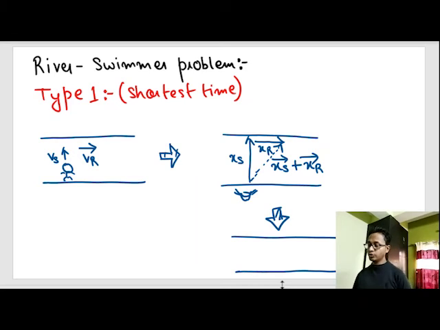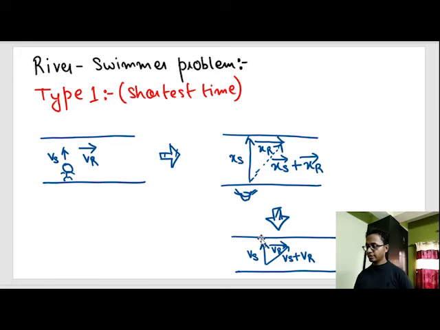So with respect to the swimmer, his velocity will be looking straight to the opposite side. We can represent this as the velocity vector of the swimmer, this as the velocity vector of the river, and the addition of both as the velocity vector of swimmer plus the velocity vector of river, which is the direction in which the swimmer approaches the opposite end.